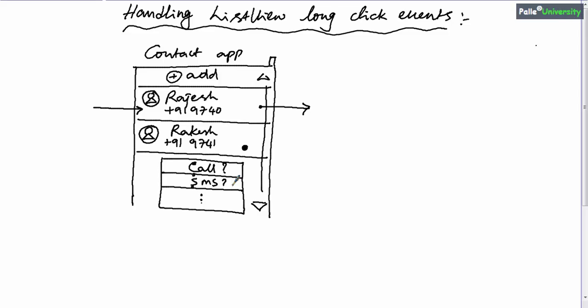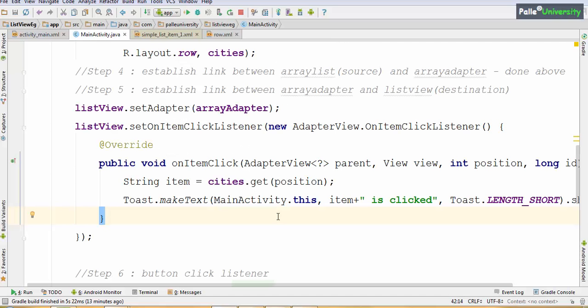In the last session, I covered how to handle list view item clicks, that is normal clicks. In this session, let me show you how to handle list view long click events. In order to understand list view long click listeners, let me open our previous application.